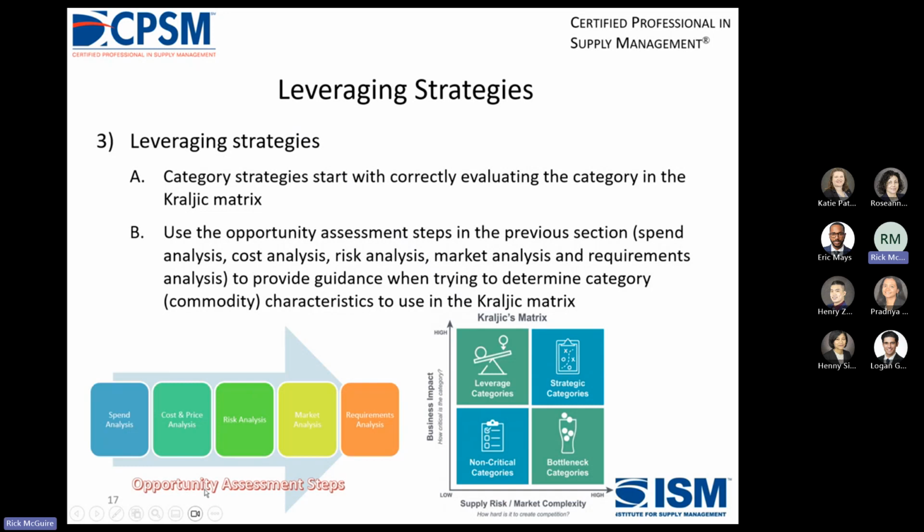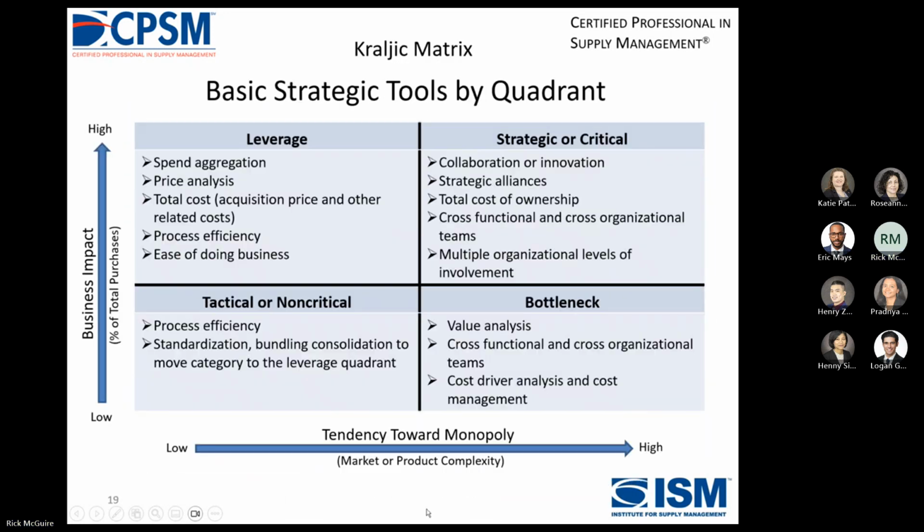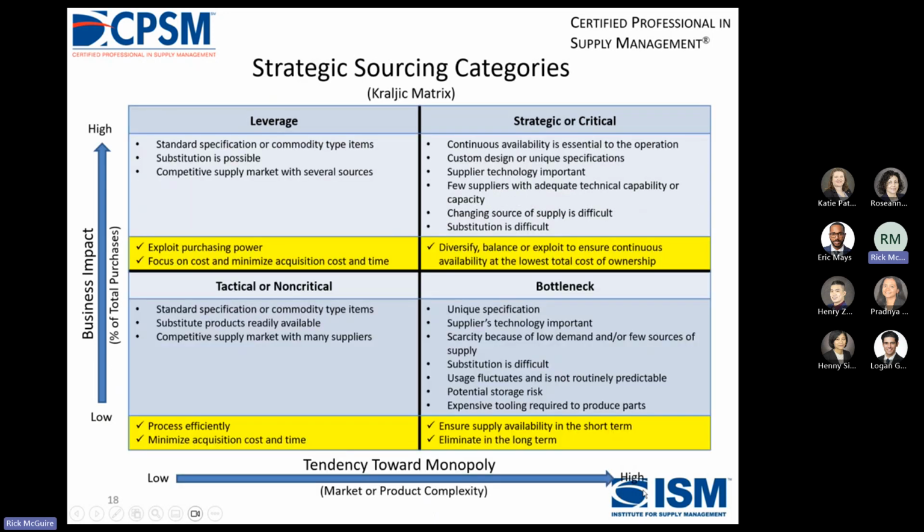This is what we covered yesterday, the opportunity assessment steps. Spend analysis, cost price analysis, risk analysis, market analysis, and requirements analysis. So use them to provide guidance when trying to determine category or commodity characteristics here in the Kralik matrix. So you do run this first, and then you do this. So if we look at the Kralik matrix,